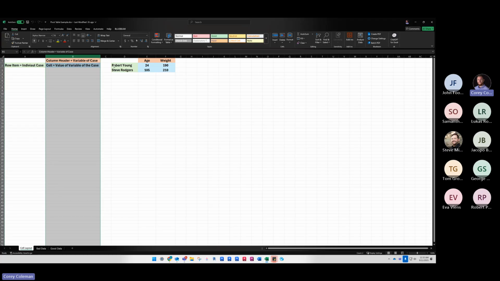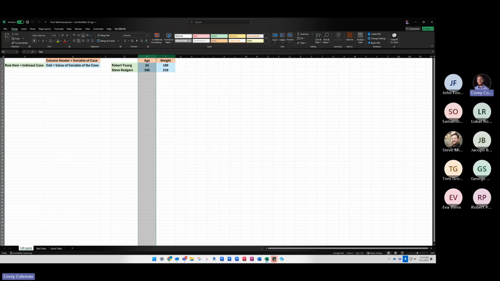So for instance, over here, we have a case of Robert Young. The variables that I have listed are his age, his weight, and this can go on for any type of variable you want, such as hair color, and so on and so forth. The blue cells here are the value of that variable for that case, right? So for Robert Young, the value for this variable, age, is 24, Steve Rogers 105, weight 190, 210. So this is how Excel uses information and how you need to set up your data to use the table